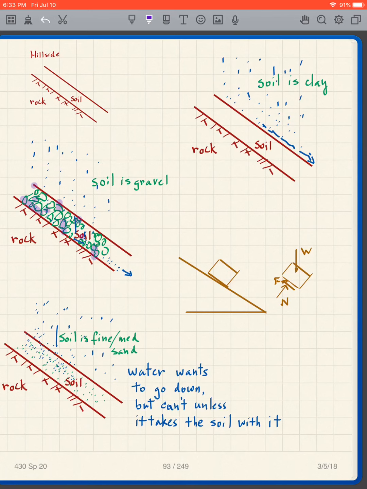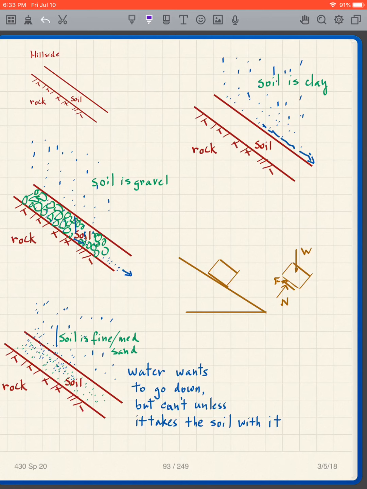And it hits the rock, and then what? It just rolls down the side of the hill on the surface of the rock. And what does that mean? Again, the water doesn't really have any effect because it goes right through and down the slope,